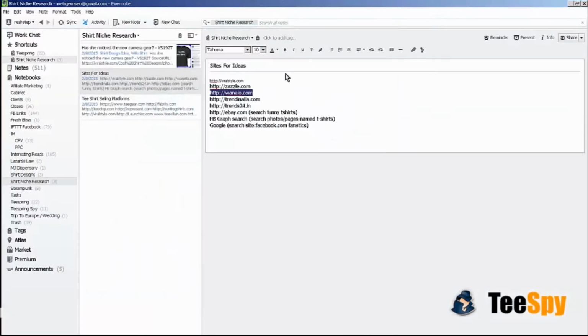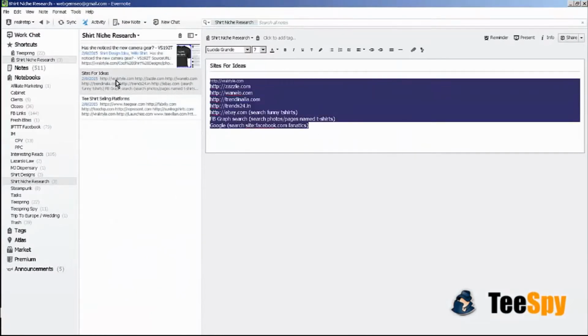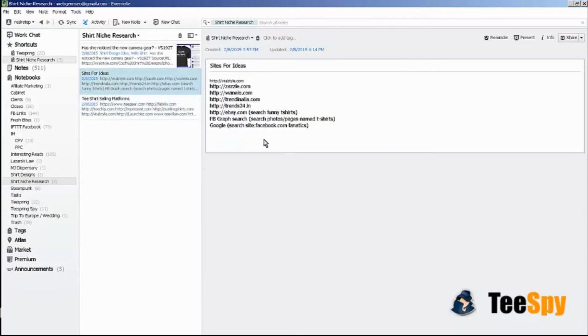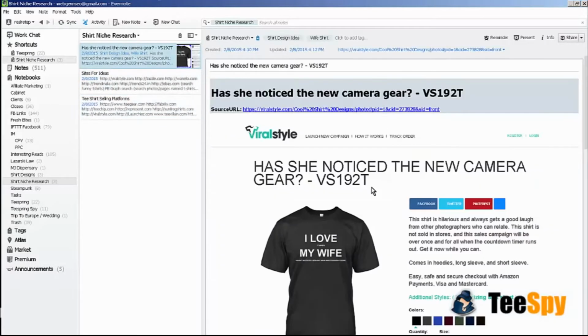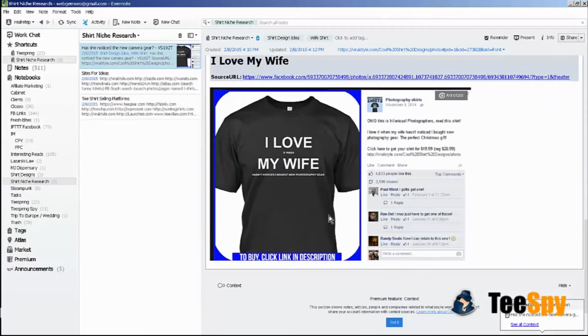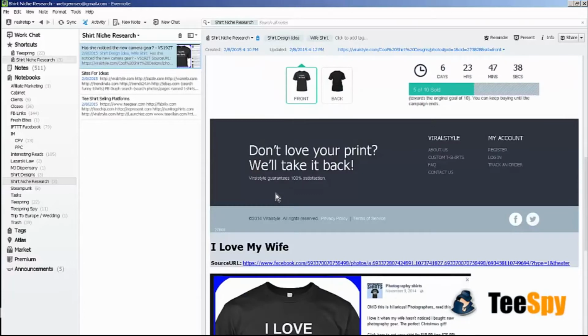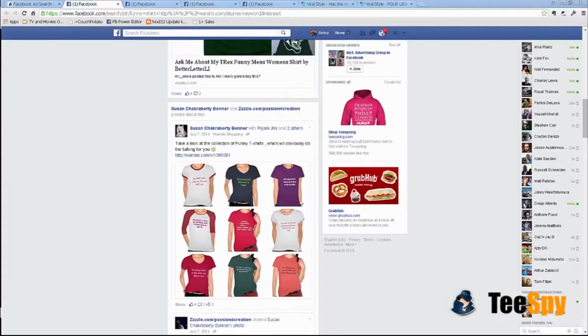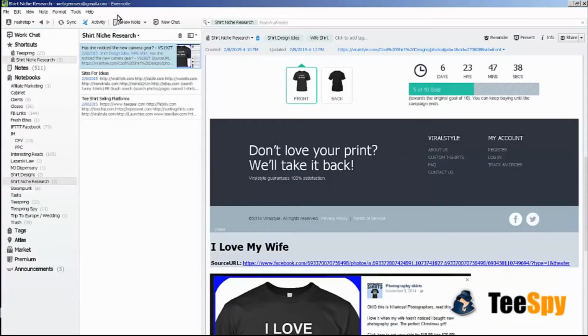And I love Evernote. And so like I said, just get your list together here: T-shirt selling platforms, sites with ideas. Just start going through and making your ideas. And the beauty of this is you can do research for 4 hours in one day, and have ideas ready for the next 15 days and just start busting out campaigns, because that's what it's all about. It's really about just getting everything organized and staying organized, because in this business, online marketing, making t-shirts,